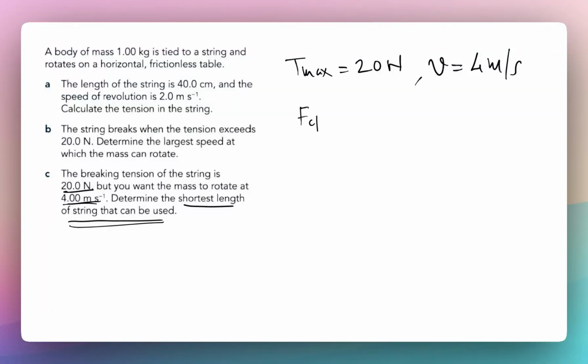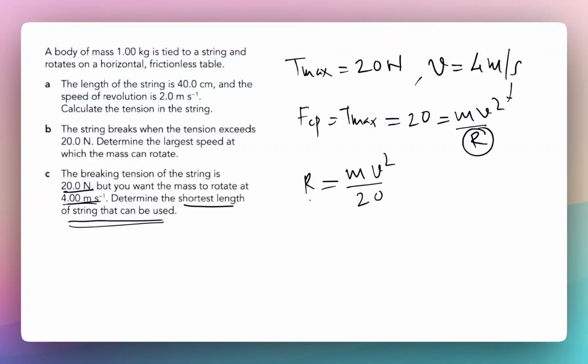So my F centripetal, which is T max, is going to be 20 newtons, and that will be equal to M V square by R. V is now 4 meter per second. We have to find the R. Okay. So we take the R on that side. So R is going to be R minimum, which is M V square by 20. M is 1 kilogram, and V is given 4. So it's going to be 4 into 4, and that will be divided by 20. So this will 5, and 4 by 5, which is going to be